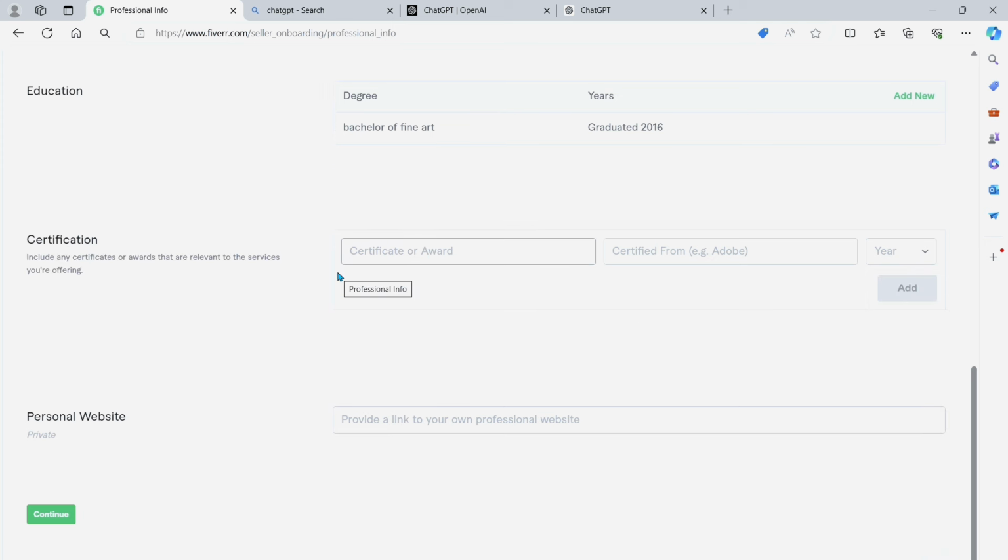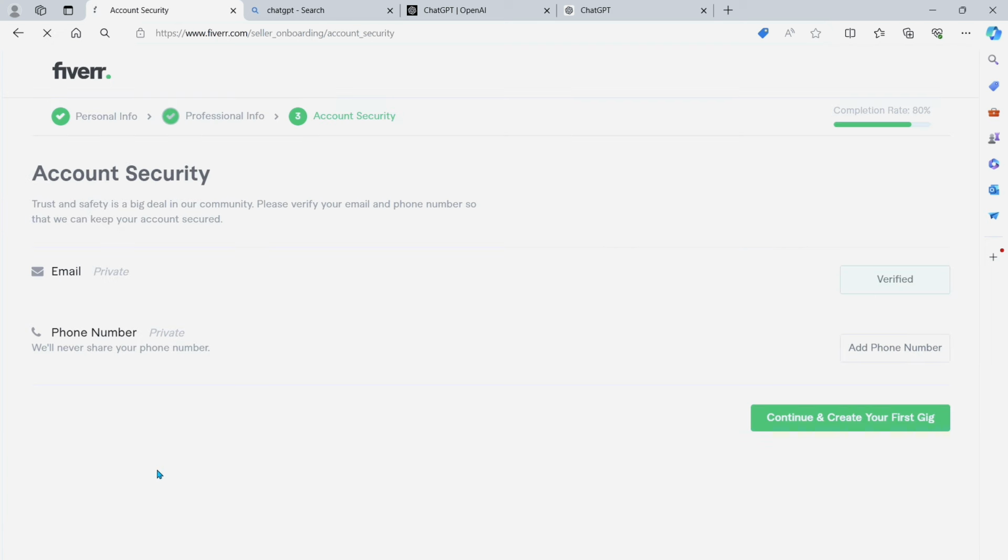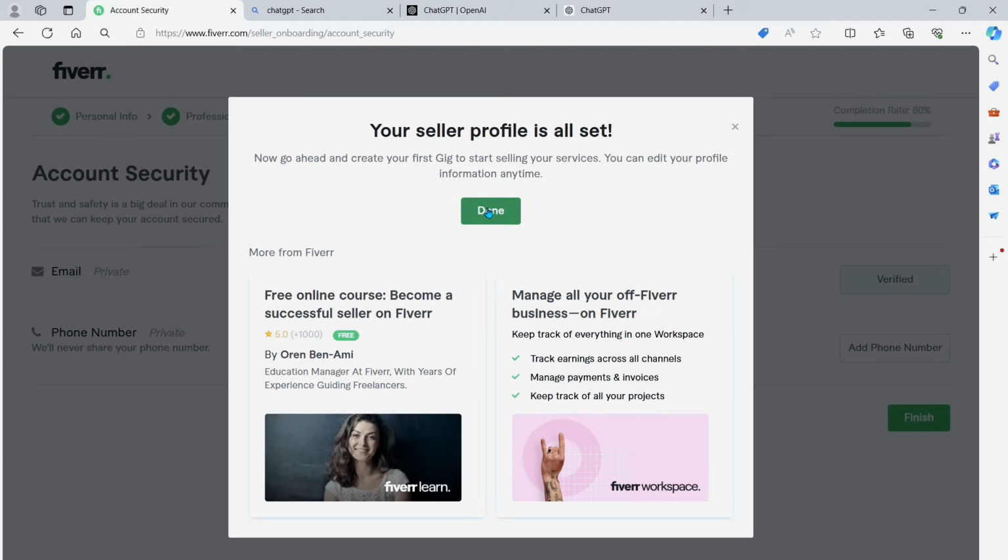So always remember, these things are very important, right? If you have them, include them, but if you don't, you can skip that part. Now, if you have a personal website, you can put it, but if you don't, you can skip. So you hit on continue. Always ensure you verify your email and your phone number. You can see where they said add number. So for the sake of this video, we will not be adding any number here. So just click on finish and click on done,